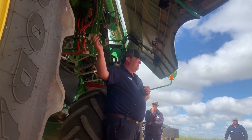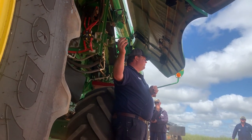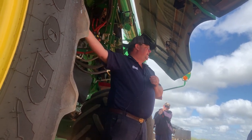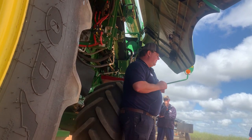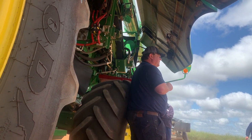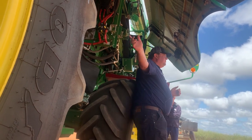Why is that clutch going off? That clutch is going off because we can't get the material away from our feed accelerator into here. So that is why that clutch is going off. On these machines, you can get a tough crop feed accelerator. On all the other machines, you can go out and buy all the parts to go onto the feed accelerator